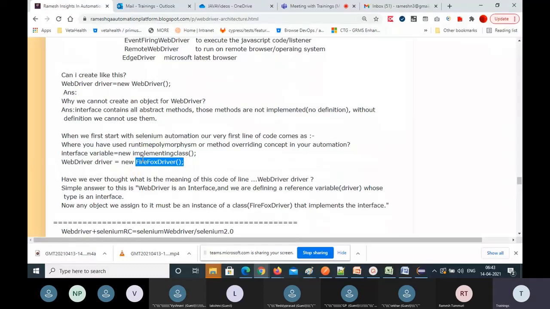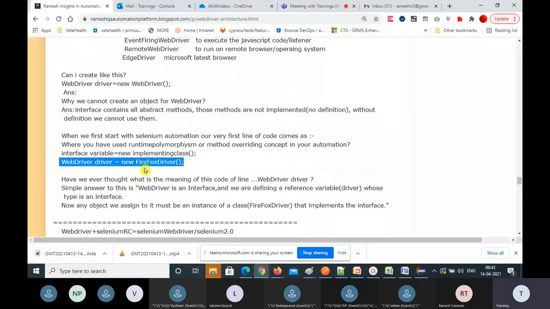So with respect to the class, you are creating an object so that logic you will get, that browser logic methods you can call. All these WebDriver methods, you are overriding here in the Firefox driver, Chrome driver, Safari driver, Opera driver, Edge driver, Internet Explorer driver. All these browser classes you are developing differently each method. So that's why all these are child classes. You have to write always right side child class. And this is the parent. Now this is the runtime polymorphism line.